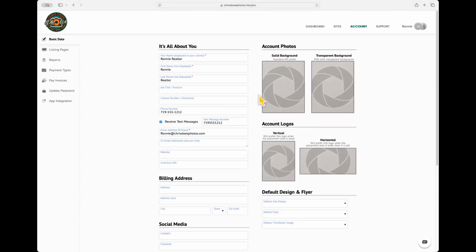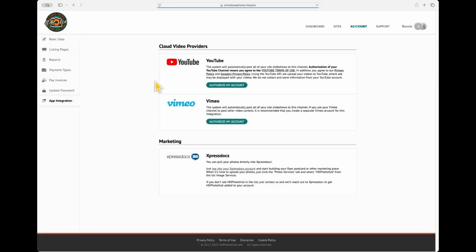Before we go to this right side, we're gonna jump over here to the left really quick because there's something that I want to show you. Most of this doesn't have anything to do with the marketing kit, but I'm gonna go down here to app integration. And what this shows is that with YouTube and Vimeo, if you authorize your account, anytime